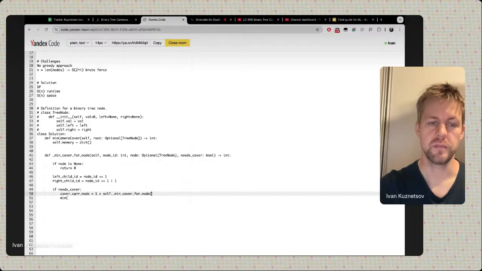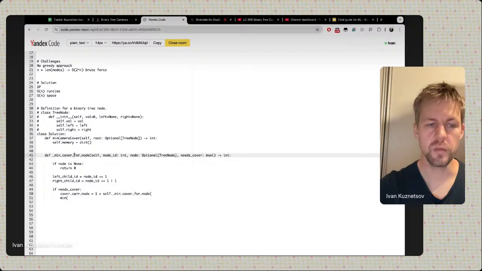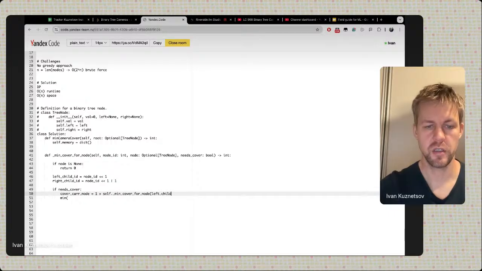cover for node will be, okay, left child ID and node left, and needs cover false. If we are covering the current node, it doesn't need the cover. Plus